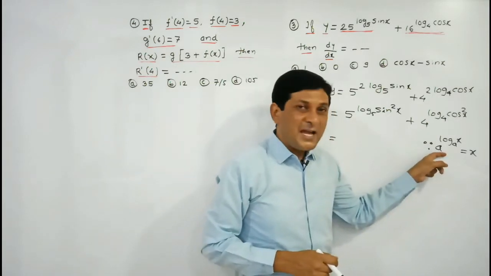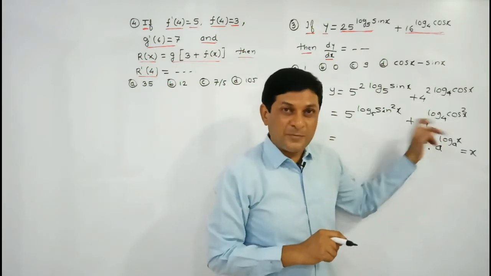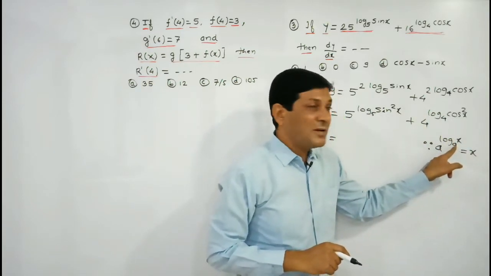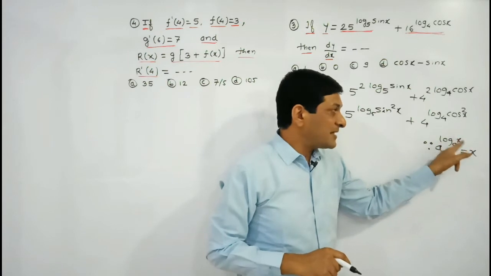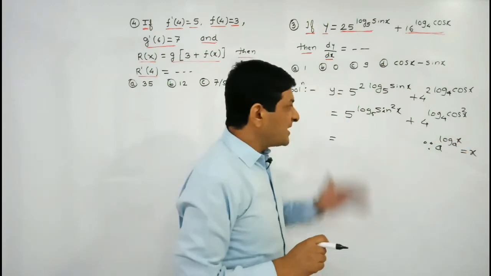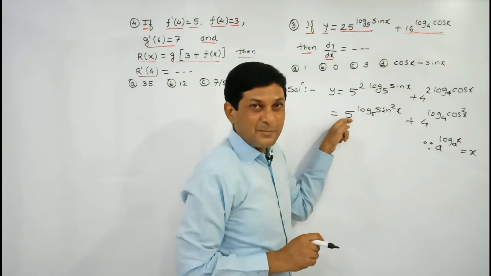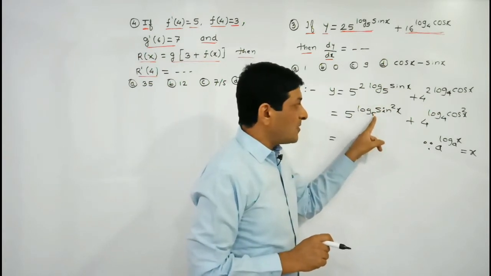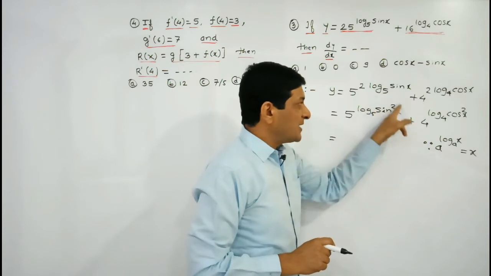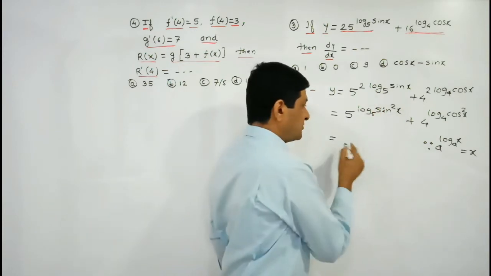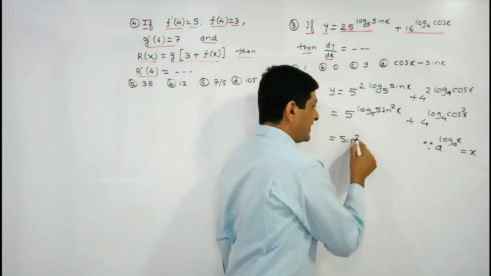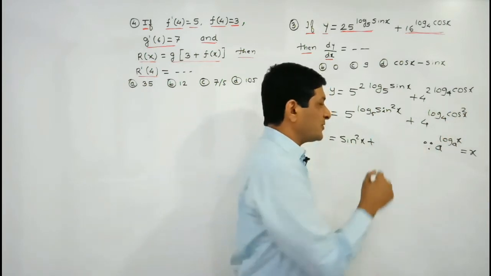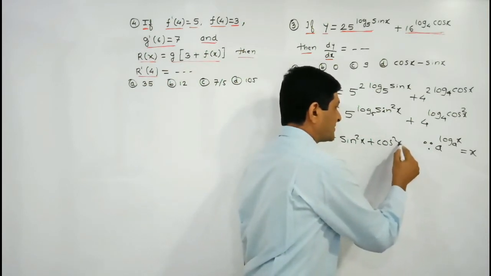यहाँ पे बेस में क्या है a, और a के एक्सपोनेंट में यानी पावर में कौन सी टर्म है, लॉग की टर्म है, और लॉग का भी बेस a ही होगा, तो वैल्यू कितनी आती है x अकॉर्डिंग टू दिस प्रॉपर्टी. अगर हमने एक्सप्रेशन ऑब्जर्व किया, 5 बेस है हमारा, 5 के पावर में एक्सपोनेंट में लॉग की टर्म है और लॉग का भी बेस अगर 5 है तो हमारी वैल्यू क्या आनी चाहिए, साइन स्क्वायर x अकॉर्डिंग टू दिस प्रॉपर्टी, साइन स्क्वायर x प्लस again according to this property here what we will get, cos square x, isn't it?